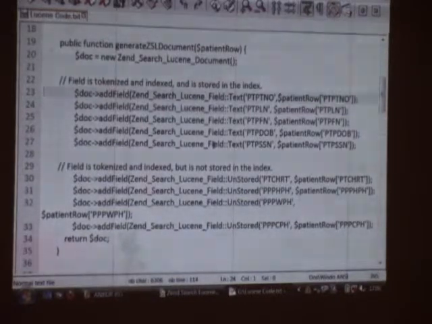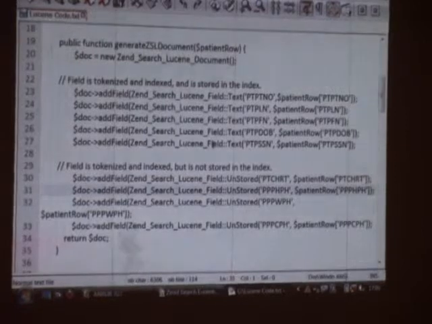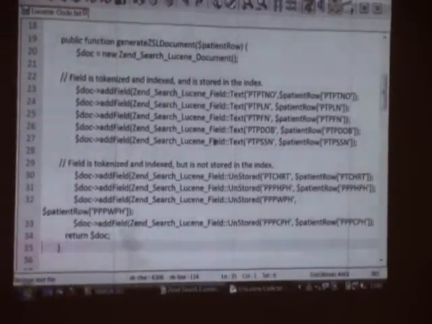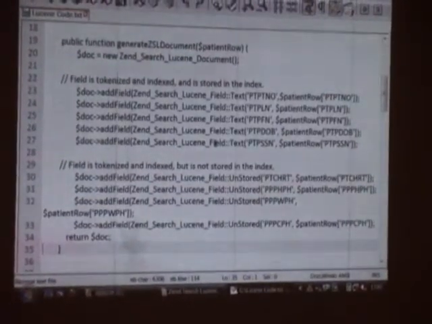Remember, we would be covering this one in a tabular form. Here you have seen that 5 fields are of text kind and the rest of the 3 fields are unstored. Unstored says that we don't want it to be stored in the index part. And text says that I want the field tokenized, indexed and stored. So everything will be in the index part.